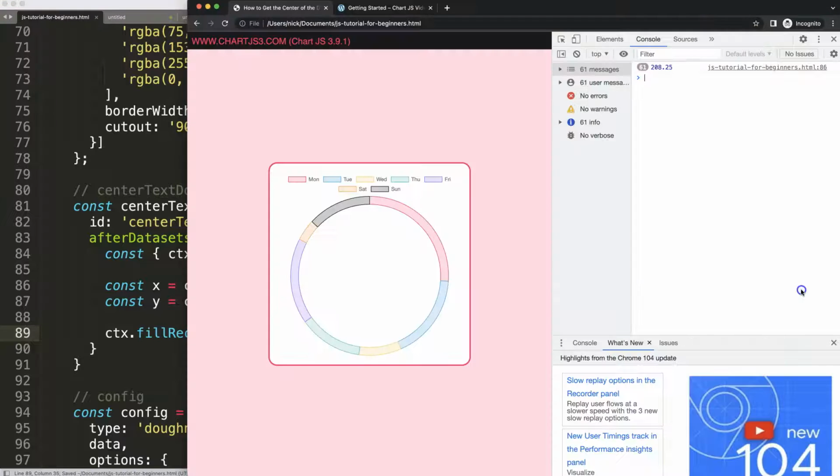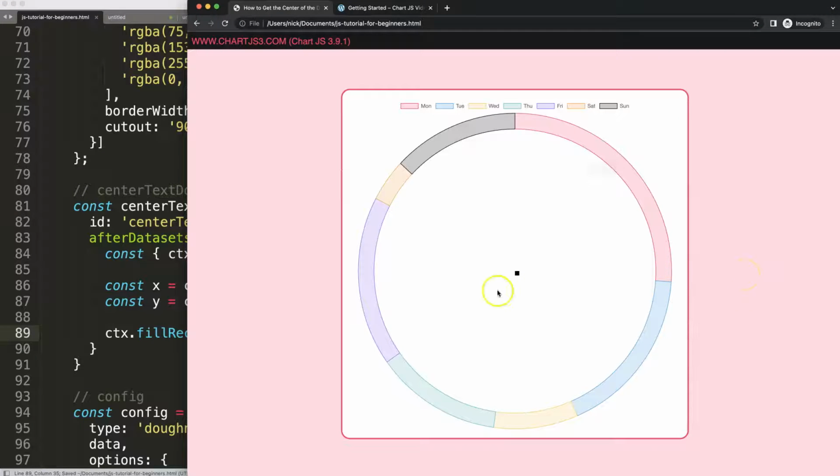If I save this, refresh, you can see now it is in the center, but you might say, well, hold on, it's not really in the center. That is correct, because it starts from the center and then goes to the right side and to the bottom. So we have to basically divide this by 2 to get the center of this. But anyway, I don't want the